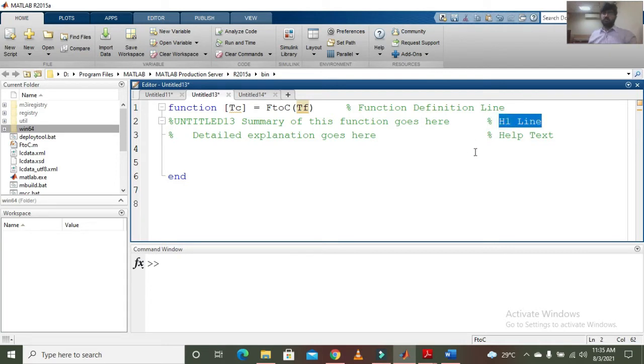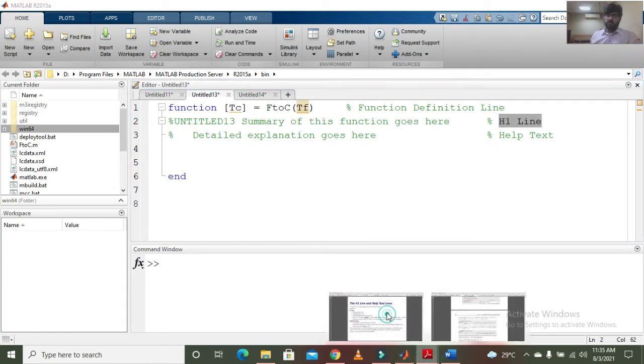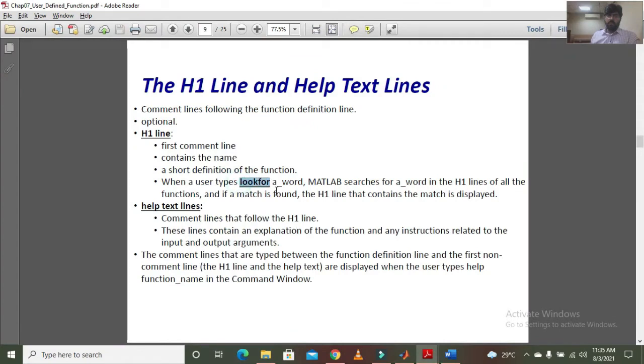Now the difference between the H1 line and help text is that when you are using a lookfor command, sometimes it happens that you made a function four or five weeks ago, and you do not remember by which name you made that function, so you will use the lookfor command for it.